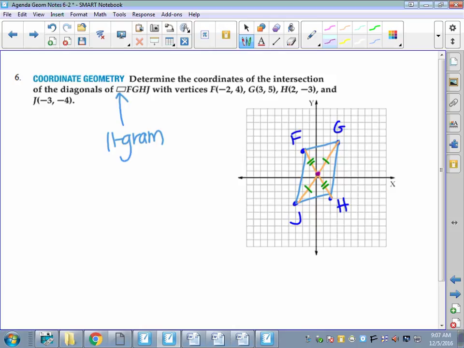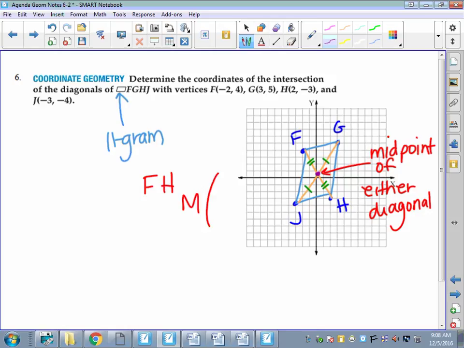Well, if these 2 pieces are congruent, that point right there is the midpoint of either diagonal. Aha, so now it makes sense why we did a quick review on midpoint. If we could find the midpoint of either FH or GJ, we would know what the coordinates of the intersection was. So I'll do FH,